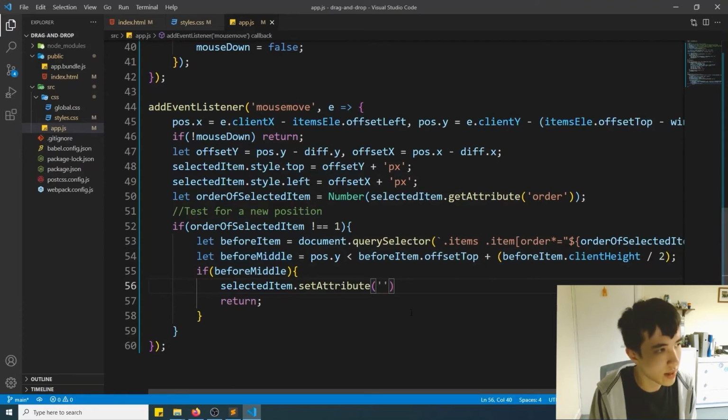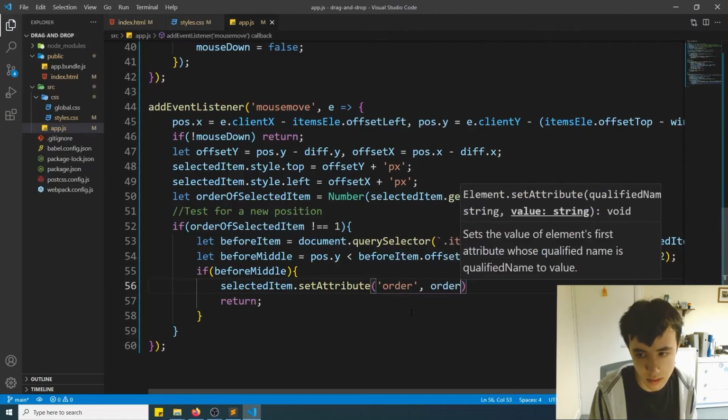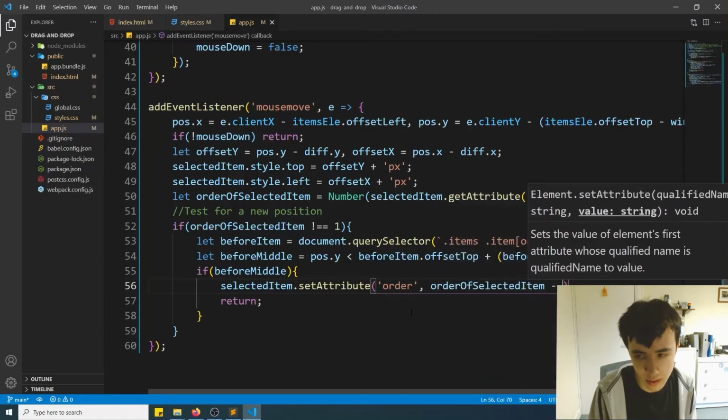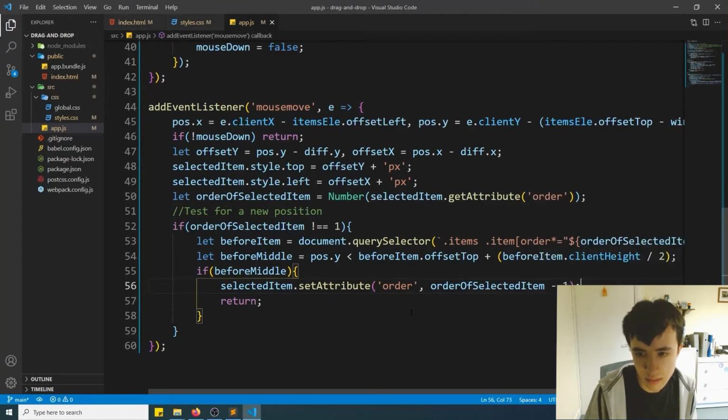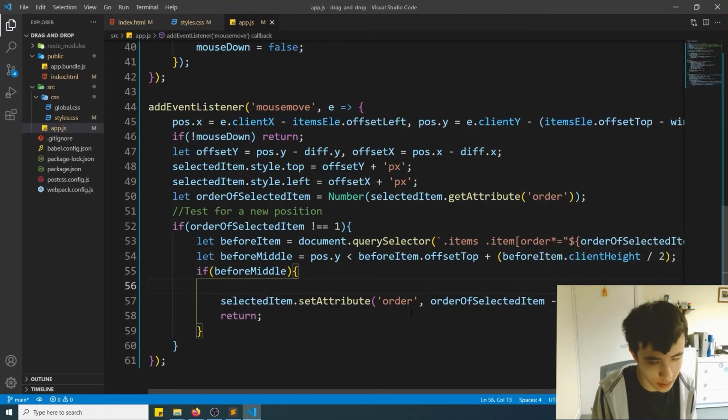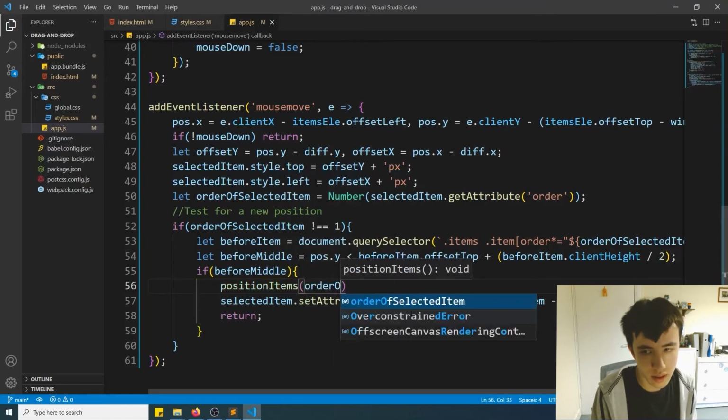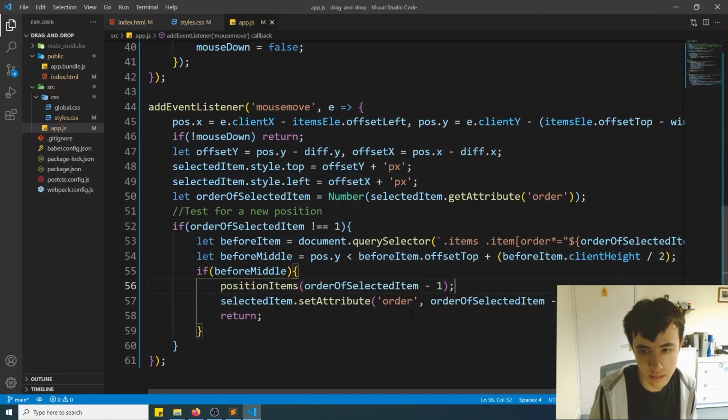Well, it will be because it's clearly moved above. So we'll need to change its order to be the order of selected item -1, because it's now been moved. And then we'll say position items, order of selected item -1,